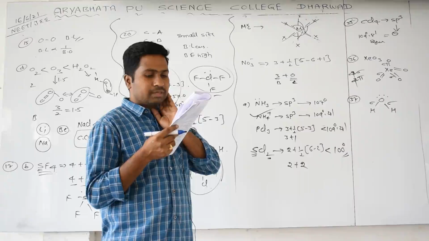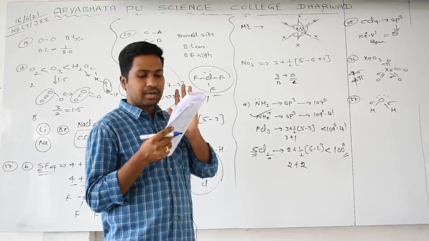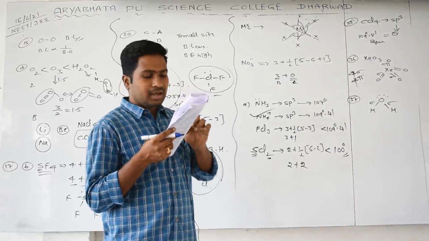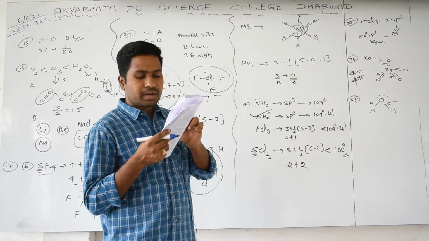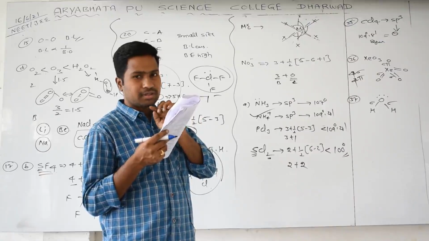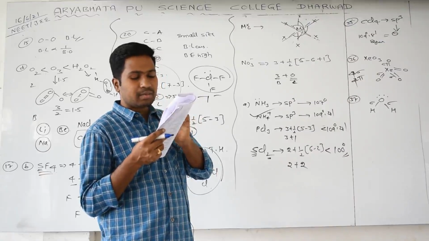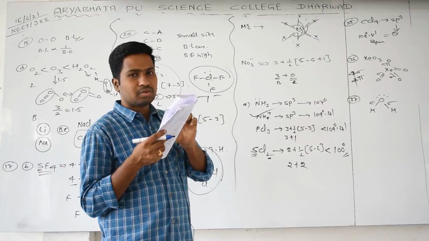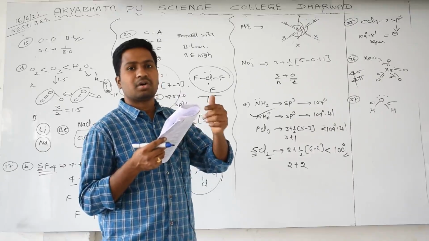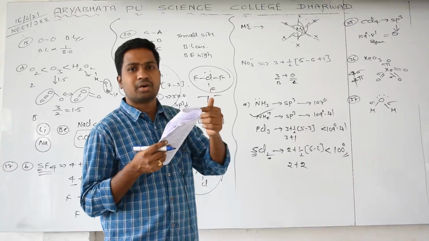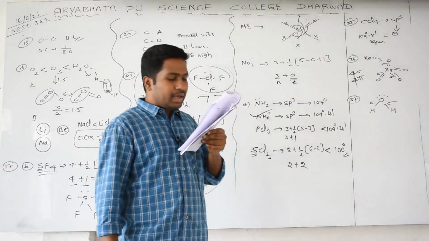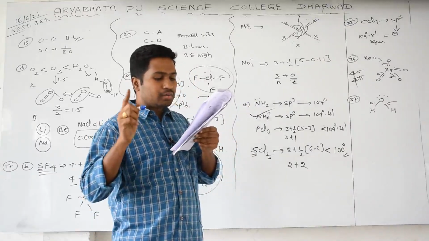Which one of the following statements is wrong for sigma and pi bonds formed between two carbon atoms? The wrong statement is asked. Bond energies of sigma and pi bonds are of the order 264 and 347. Okay, he is telling sigma and pi. Sigma should be strong, meaning more bond energy, but the reverse is given, so that's the wrong statement. Sigma is a strong bond with more bond energy, pi is a weak bond with less bond energy. So option B.